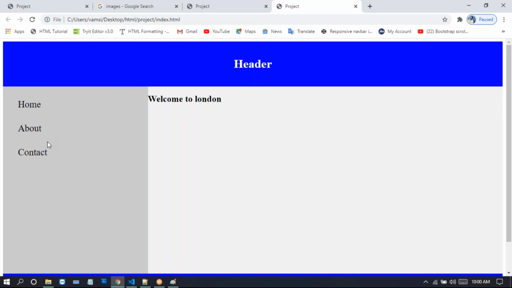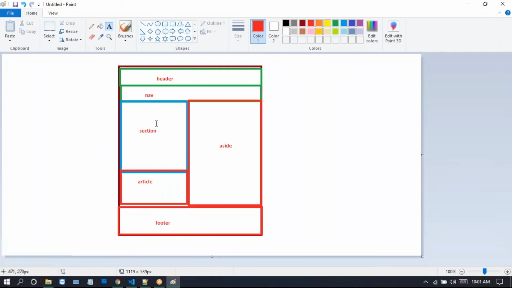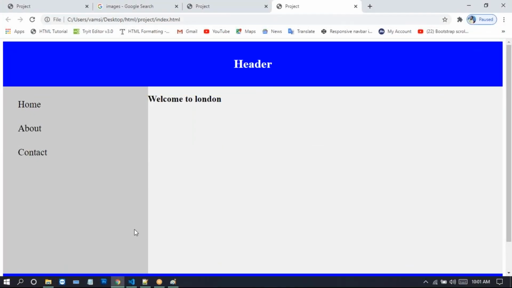So like this, we can style up this document. So this is the creating of layout. So just open this one. We just created this one: header, navigation, footer. So here the navigation bar in the side menu. If you want, you can keep it below this header. After that we take article, and we can take the aside tag, and finally we have the footer tag. So like this we can create the layout using HTML.